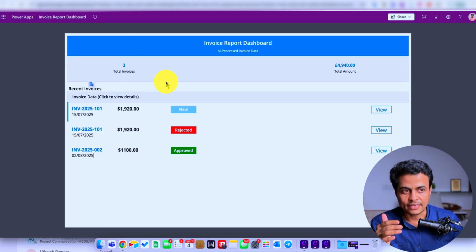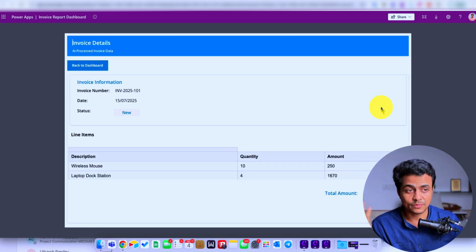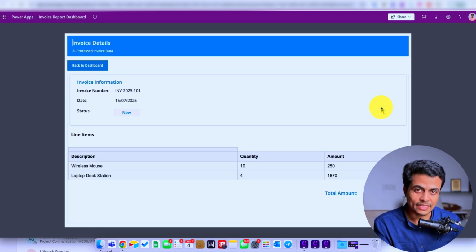And all tracking is available on this kind of platform where you see 3 invoices of this value, each with their status. Someone was approved, rejected, and a new invoice is available over here. Now, as soon as the finance team or the respective department approves, that can be run through the finance for the payments part.